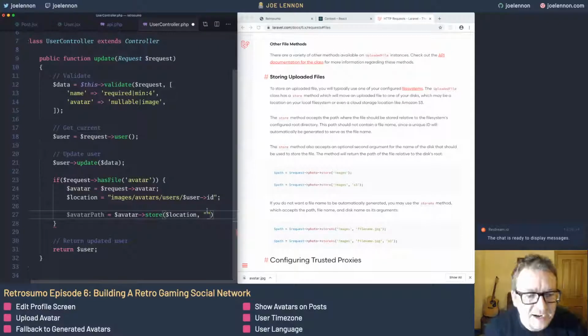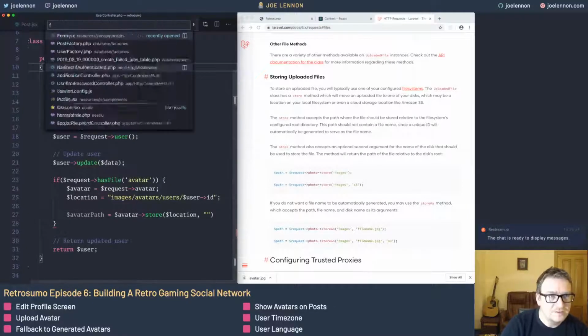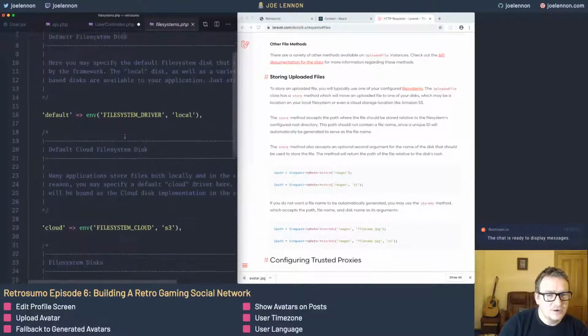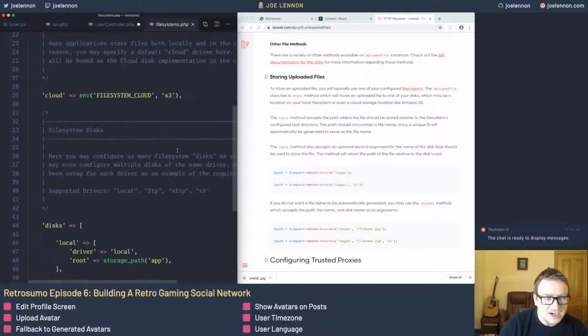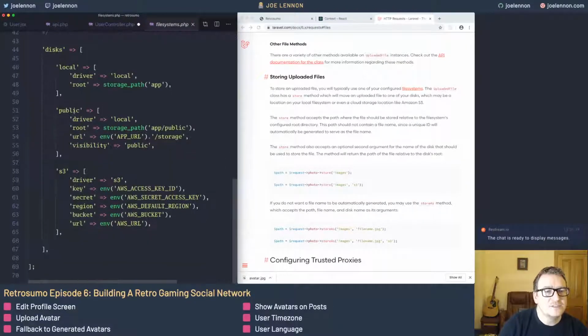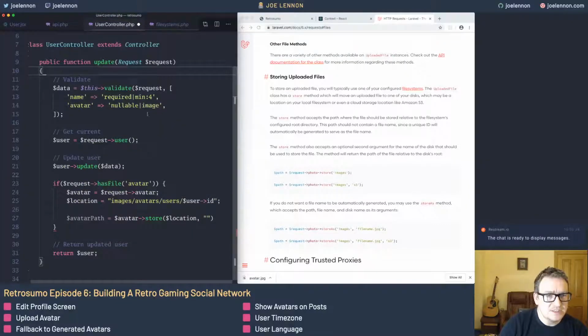Okay, so we're going to want to actually render these avatars, so we can't just store them on the default disk that comes with Laravel. We're going to need to do a little bit of rejigging here, right? By default, it's going to use a local file system driver, which is fine for storing the avatars, but we actually want to use the public one, because we're going to want to show these avatars on the UI. So let's use the public disk,